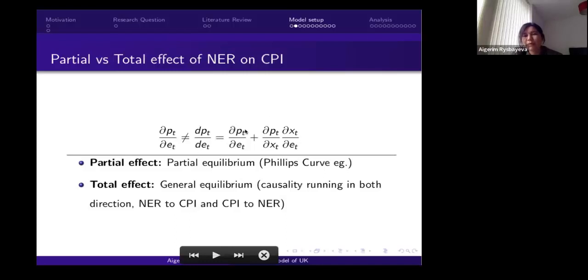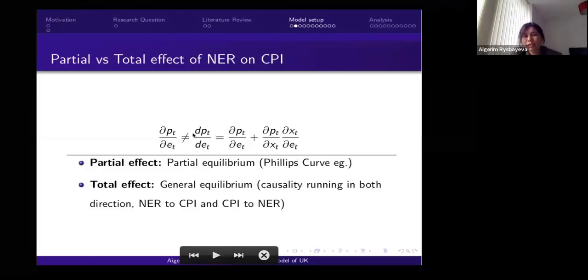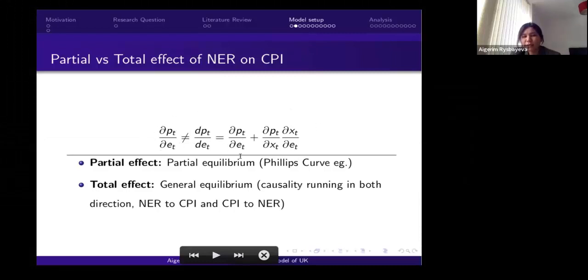So this is a kind of summary in mathematical terms. The partial and the total effect of nominal exchange rate could be expressed as partial differentiation and total differentiation from mathematics. For the partial equilibrium model, this is a partial effect, partial differentiation, on the left side, and the total differentiation on the right side. They will be equal in the long run, but in the short run this is not equal, because here the X